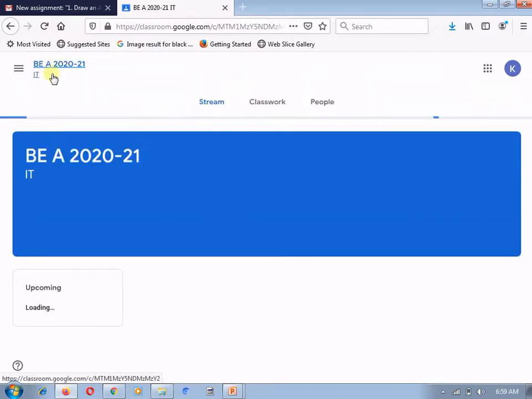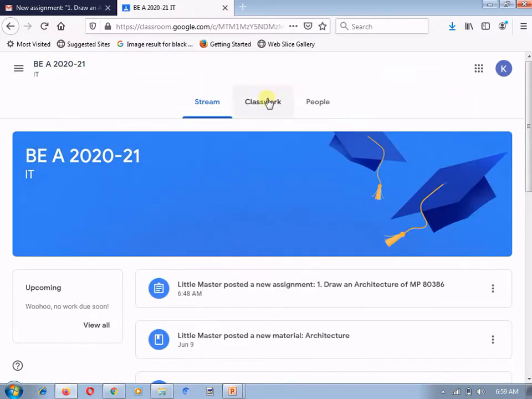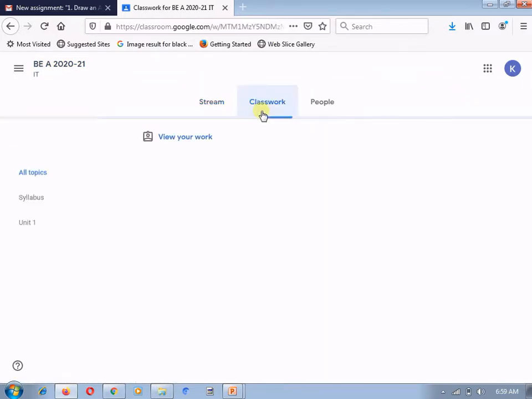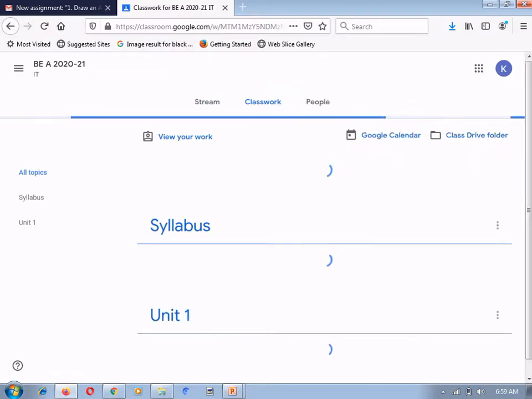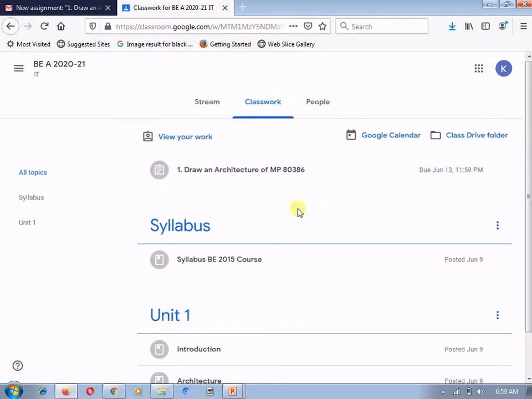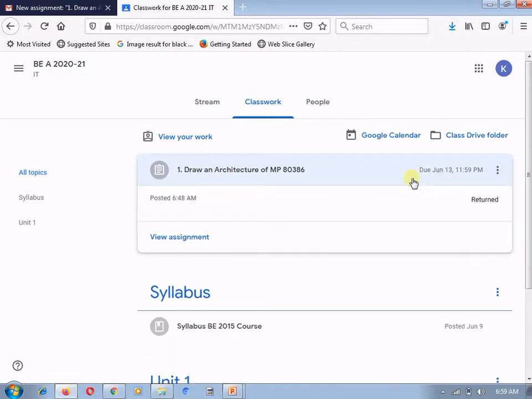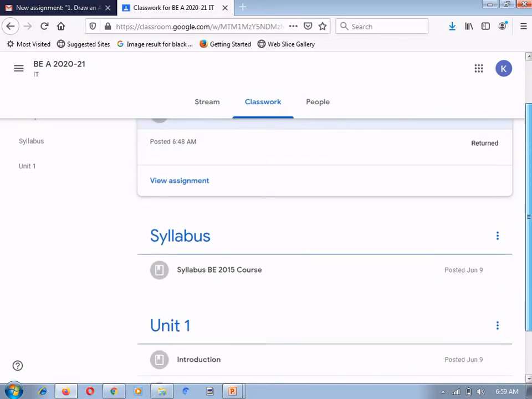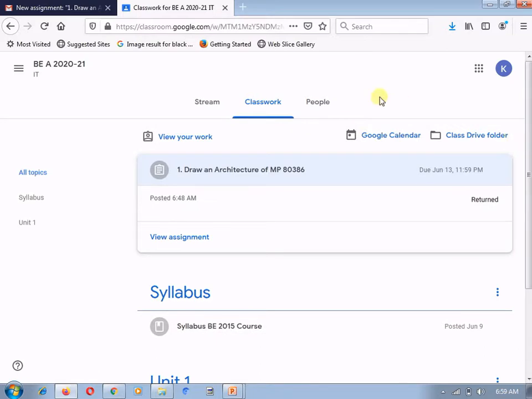Now let's move again to this particular classwork, and here you can see that the student has submitted everything, and now there are no grades, so the student will not be able to see the grades given by the teacher. The grade part I will explain in the next video session.